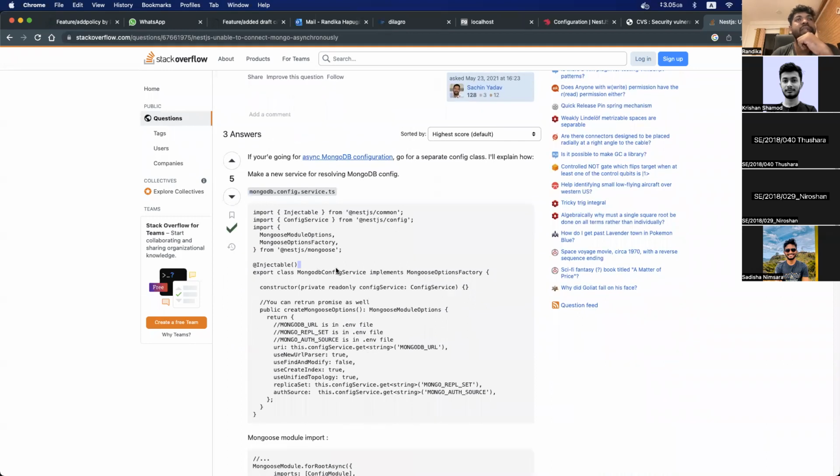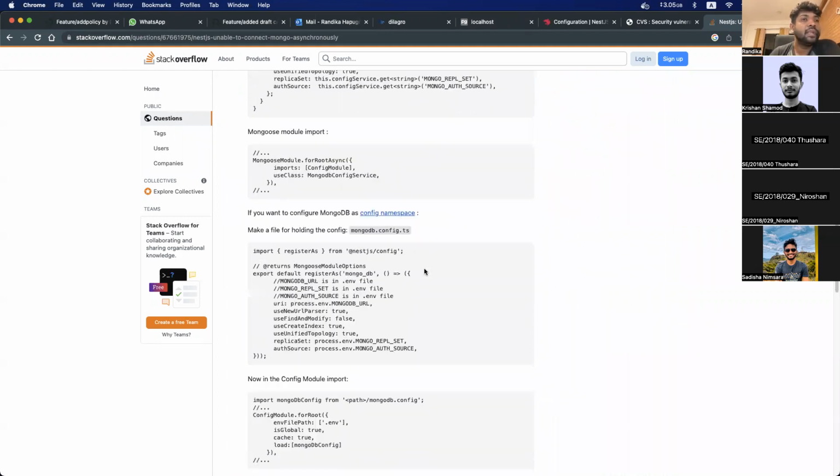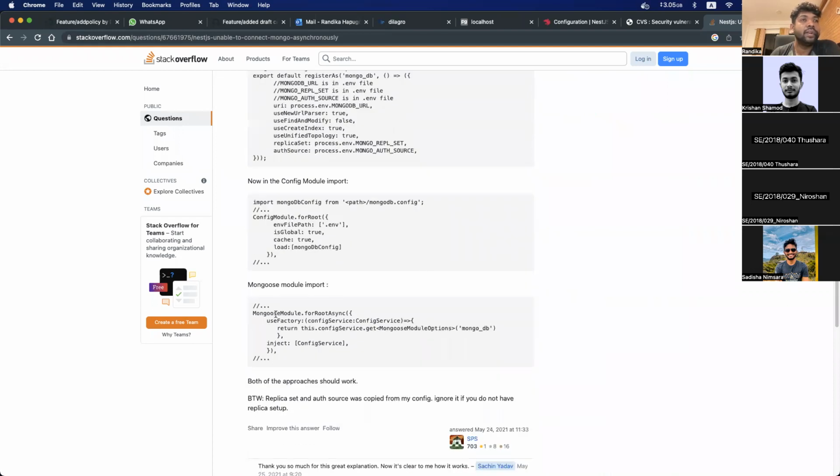Or you can use a MongoDB configuration service, a third-party service, and Mongoose option connection factory. I think I would go with this and have this implemented. That would make things a little bit easier. Right. So we have to use a different approach rather than using forRootAsync. That means we need to read the configuration from the config files, then load the database. So we have to do something like this. We will use